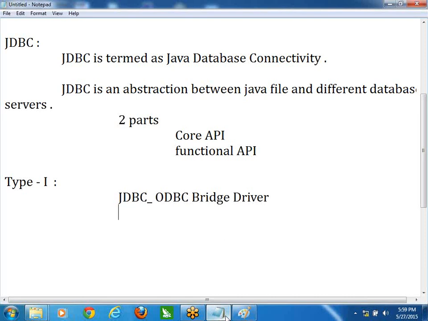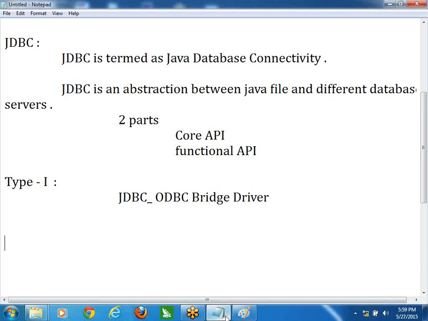So here also, we have some different databases: Oracle, SQL Server, MySQL, different database servers out there. If you want to communicate with the Oracle server, the Oracle people will give some instructions. If you take SQL Server, its people will give some instructions. Also, if you want to communicate with the MySQL server, you have to write this logic in your code. We will discuss this ODBC JDBC bridge driver. Before this one,